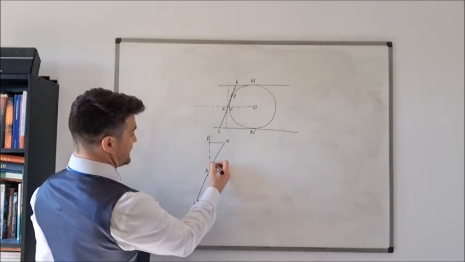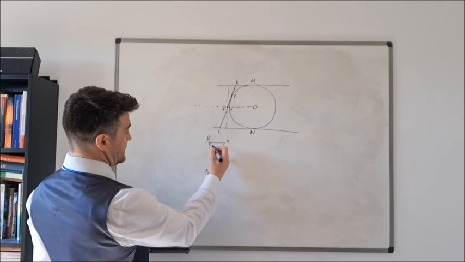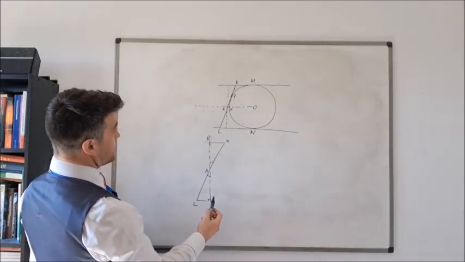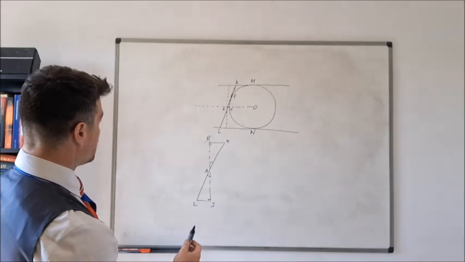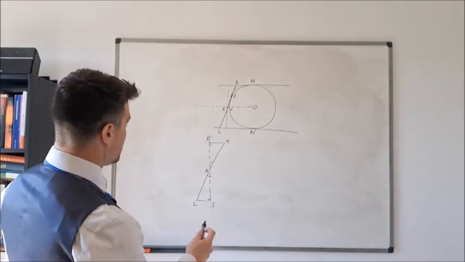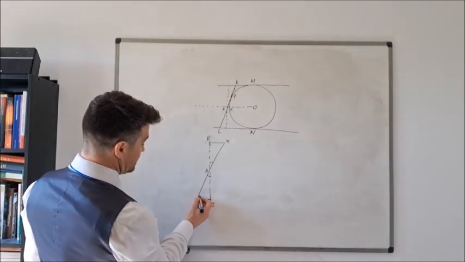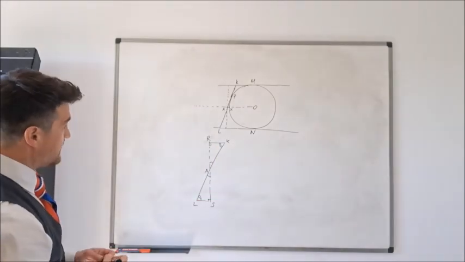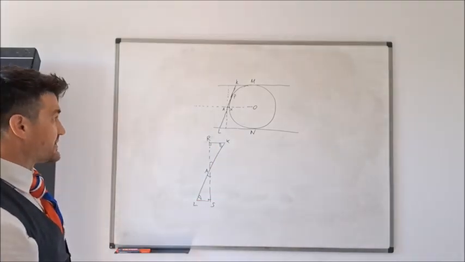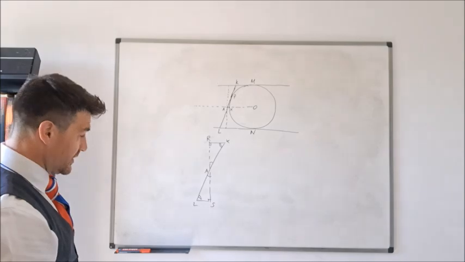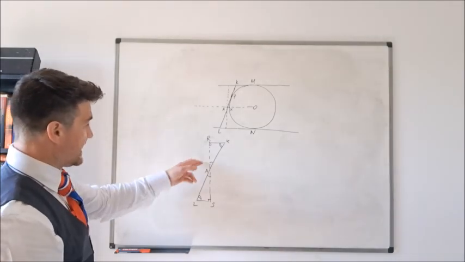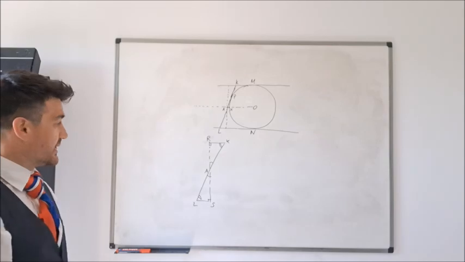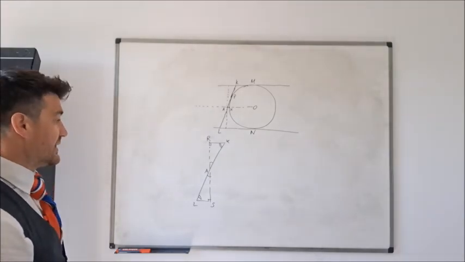Well, that angle is the same as that angle. That angle is the same as that angle. And therefore, this angle is going to be the same as this angle here. So these two triangles are going to be similar. So the triangles ARK and ASL are going to be similar triangles, but I also claim that they're going to